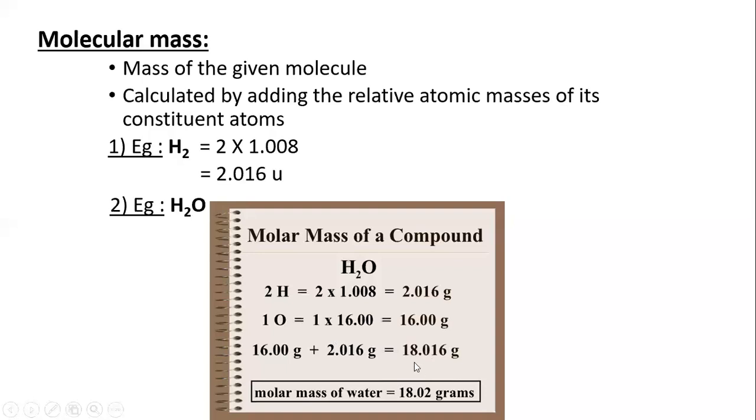You understood? So when this type of question comes, you have to write the answer or simplify in this form. First you have to separate the elements and then substitute the atomic mass along with the constituent atoms and add all those together. You will get one answer. That is said to be the molecular mass. Next we will see another example.